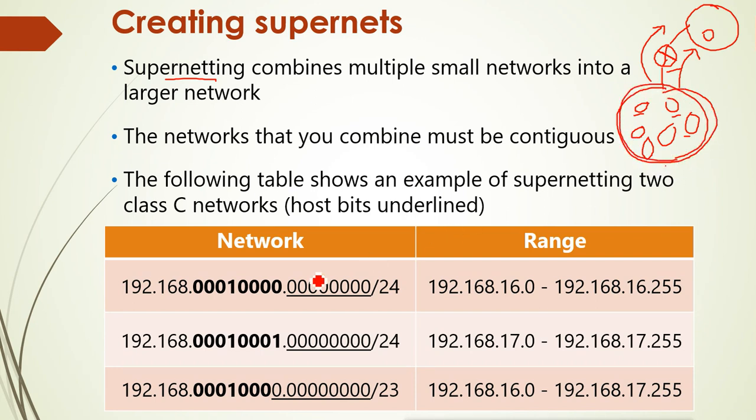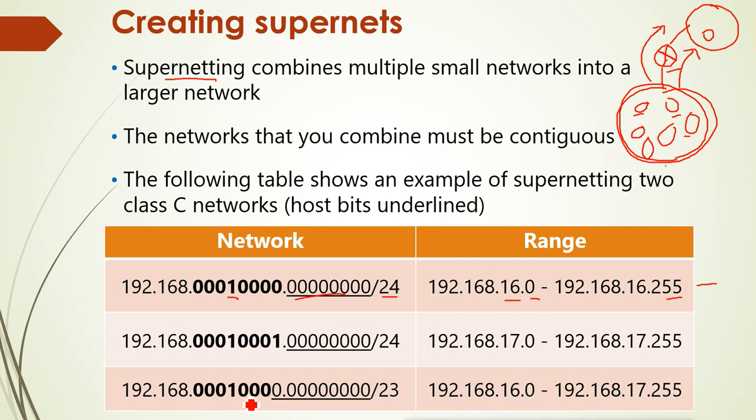So we can do that by using this method. We just have to count the number of same bits. For example, this is 192.168.0, here this bit is on, that means it is 16.255.0/24. Now here there is no supernetting. It is saying that from 16.0.0 to 255, this is the single network I am sending.